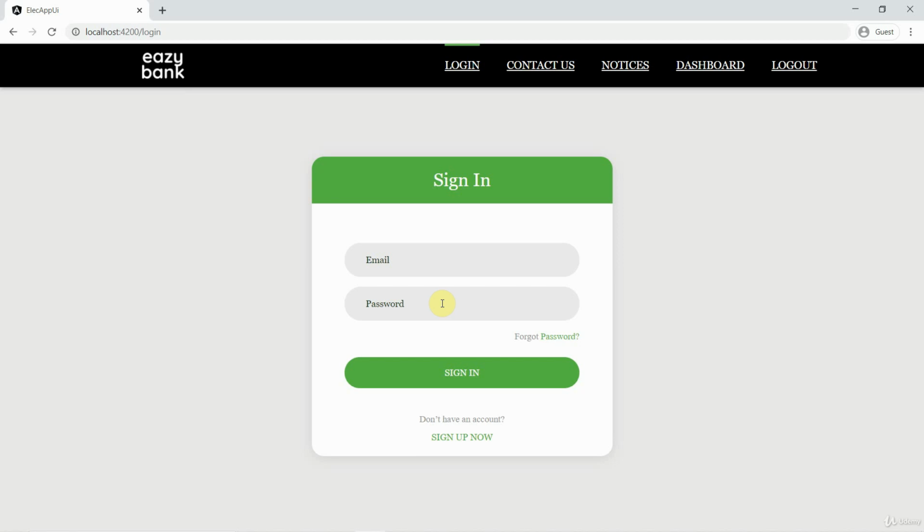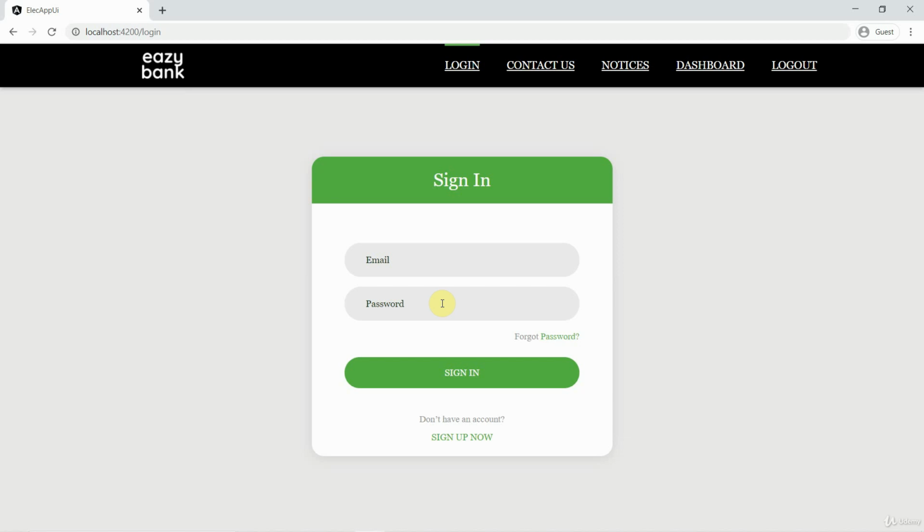Don't worry if you're not comfortable with the UI part, considering that this application has been developed using Angular. I'll also be sharing this UI code through a GitHub link. You can always download it from GitHub and concentrate only on the backend security code that we are going to build